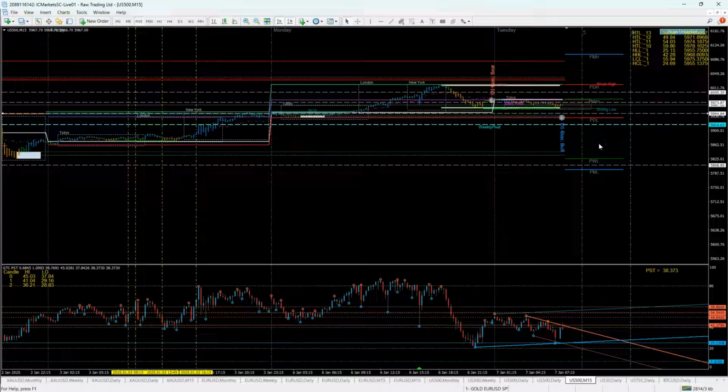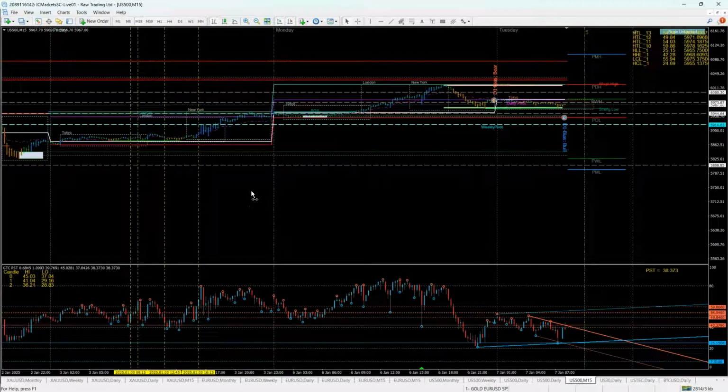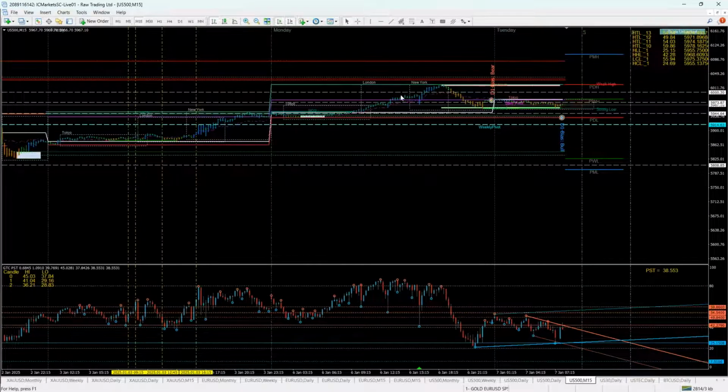Which is there, and I like it, because we've got no gaps, flowing up, breaking out yesterday. Now we're pulling back. Now in today's hours, if you take a look where the members area is,